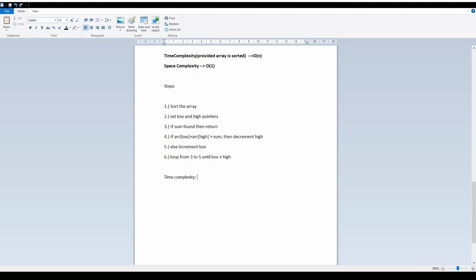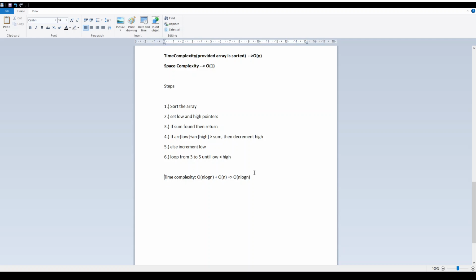Coming to the time complexity, because we have to sort the array, it is order of n log n, and after that there is only one loop involved. We do not have double loops, only one iteration is required, so order of n. So the total time complexity will be order of n log n for this algorithm.